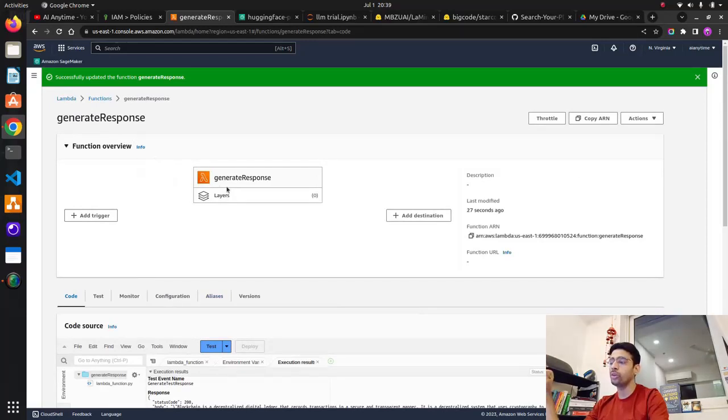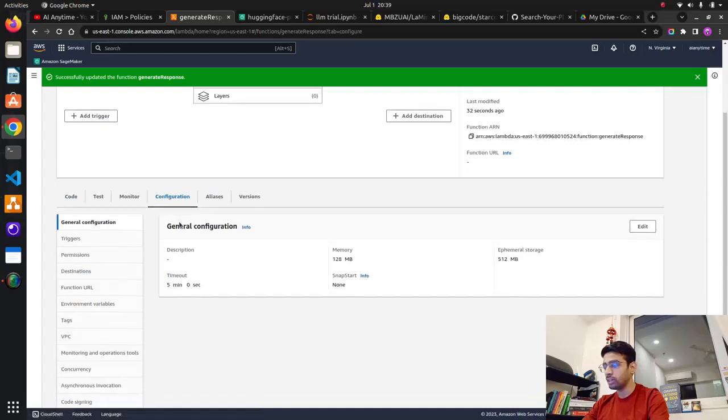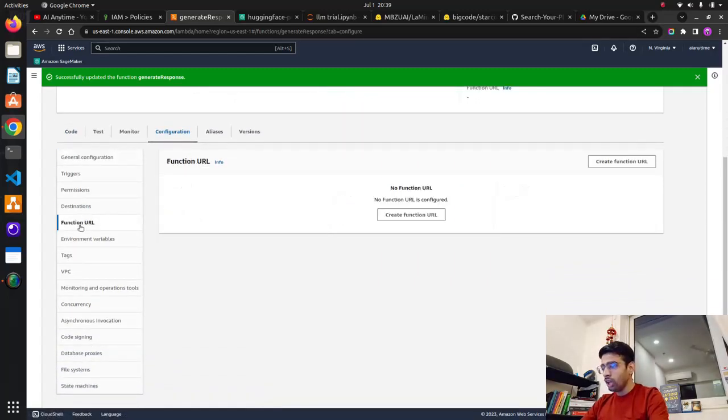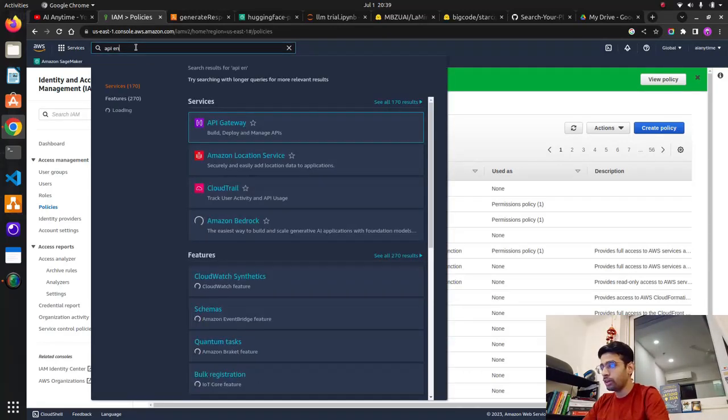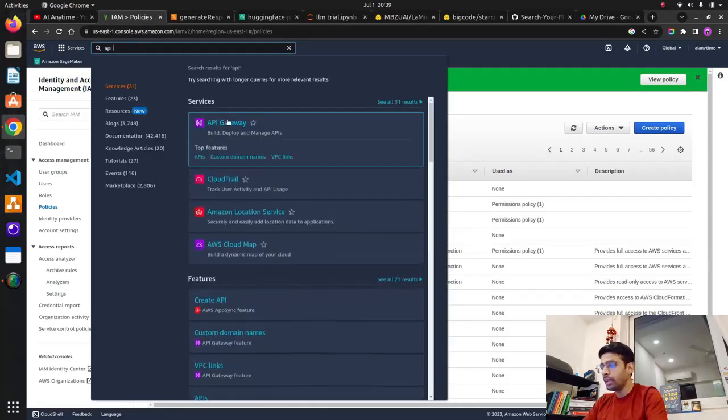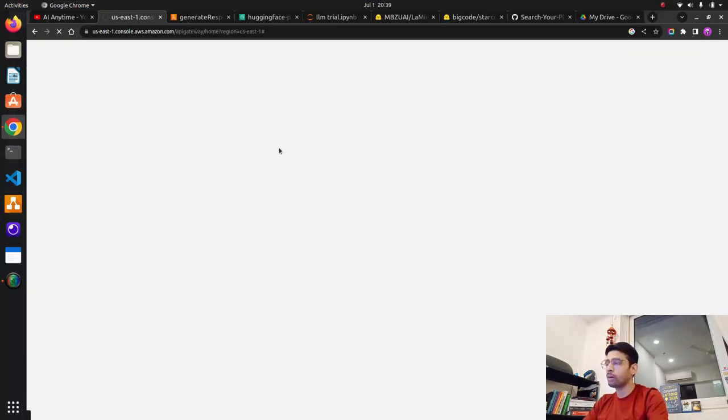You can see the function overview, generate response, and we have a configuration here. Now if you see the function URL, let's see what happens with it, guys. It says no function URL is configured, because if you go and create an API endpoint, that API endpoint might also have an issue. So let me just search here for API gateway. When I click on API gateway, if you come over here,